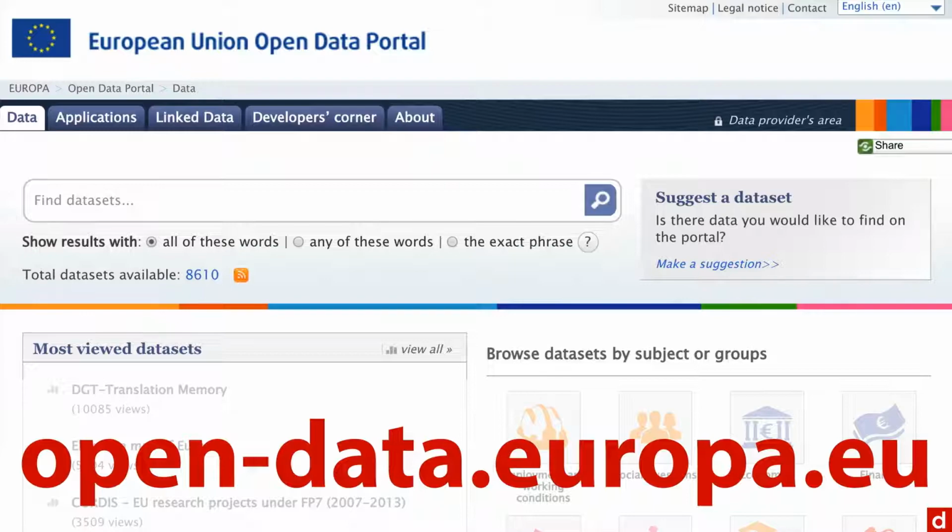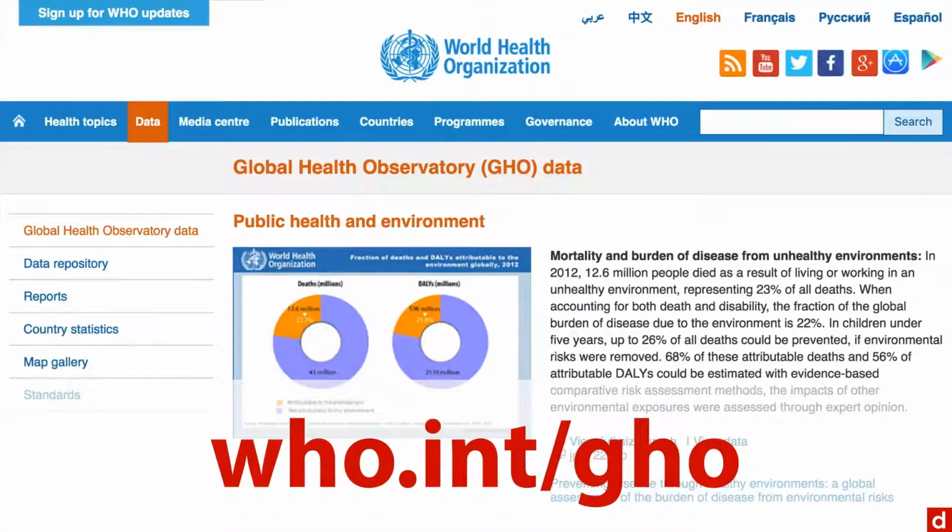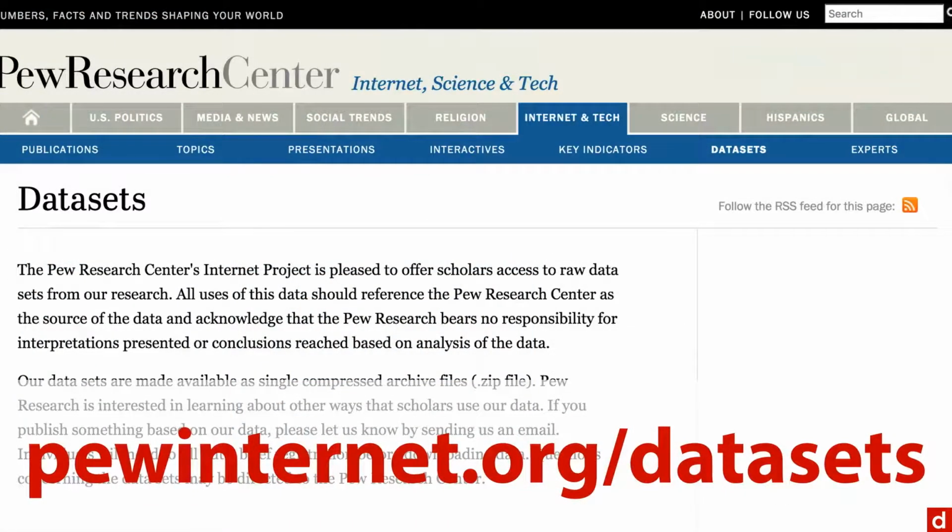And then there are major nonprofit organizations. So the UN has unicef.org/statistics for their statistical and monitoring data. The World Health Organization has the Global Health Observatory at who.int/GHO. And then there are private organizations that work in the public interest, such as the Pew Research Center, which